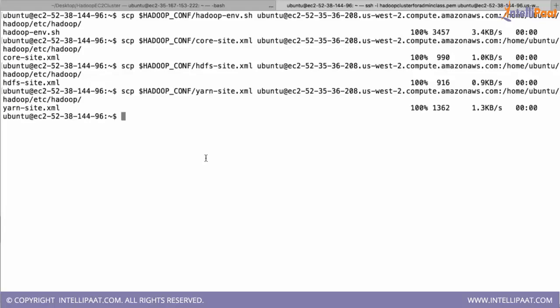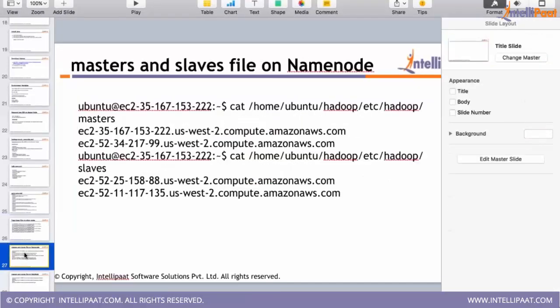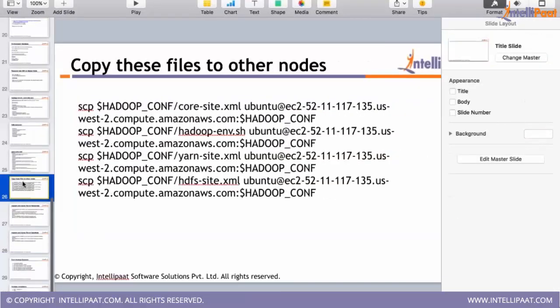Okay, now we have completed copying all the files. We'll also create 2 more files called masters and slaves, and then we can start the daemons.